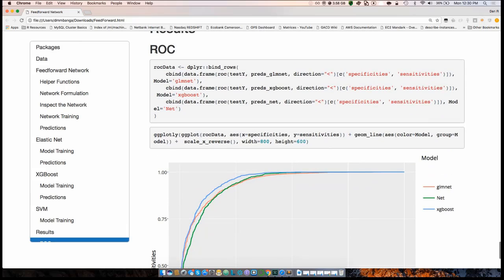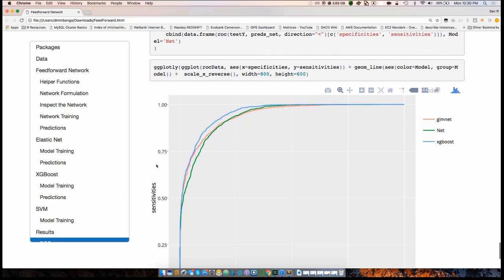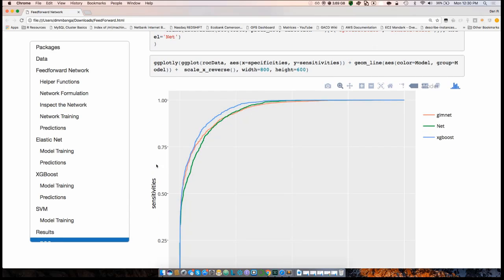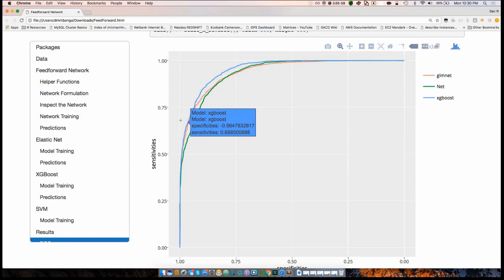So can you tell us what ROC is and then what we are looking at here? Yes, it's the receiver operator characteristic. It gives you a sense of how good your model is doing. When it comes down to it, you want your curves to be as close to the upper left-hand corner as possible. The closer they are there, the better your model is doing. Okay, on the data set. On the data set, in this case on a test data set. Okay, and then you have to make sure you choose the right model for the right problem.